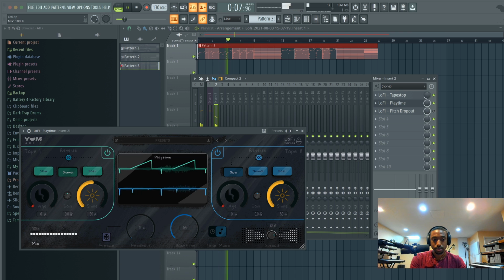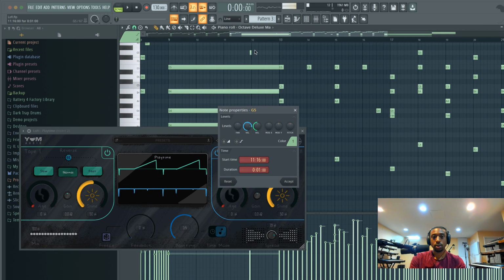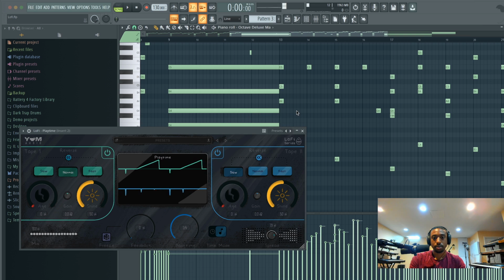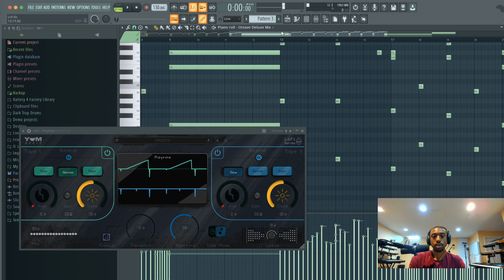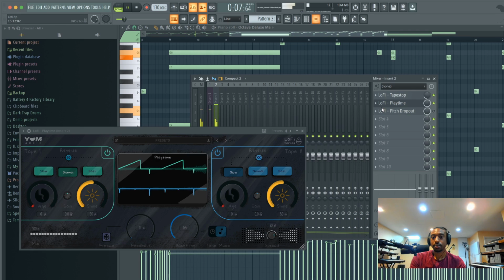So if I crank this all the way up, you could do this. I would recommend you pull your notes up an octave if you add the full slowed down effect. So Control up. So these sounds are from Jacob's plugin called Octave. So this is at full 100%. Pull it back. So 50% or less somewhere.